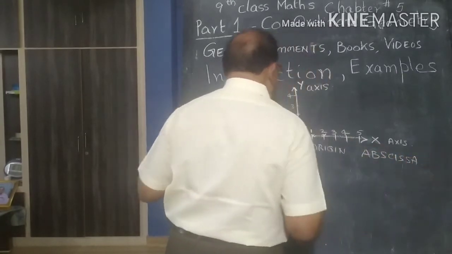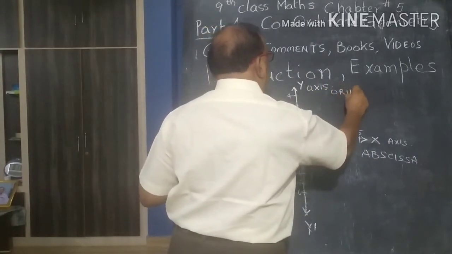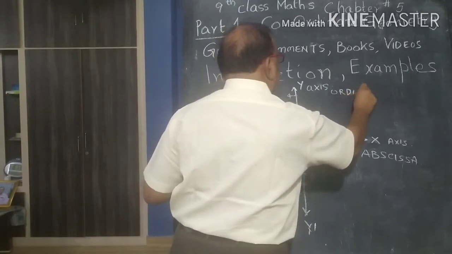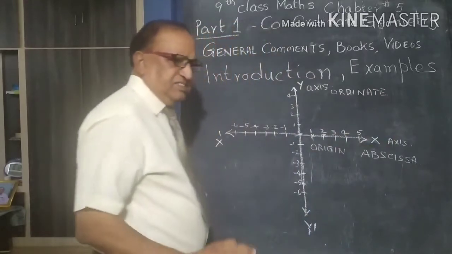The x-axis is called the abscissa, whereas the y-axis is called the ordinate. I will get to that. Let's just wait for a second. Okay. Now, in the Cartesian coordinate system,